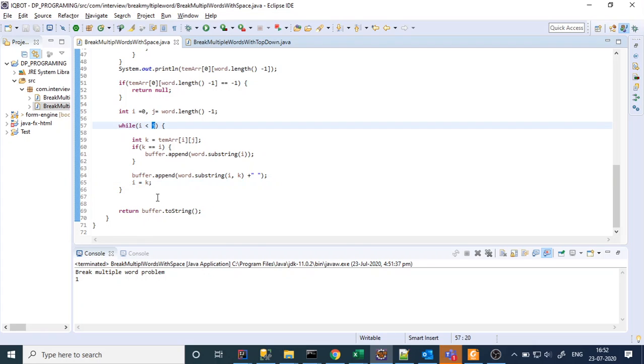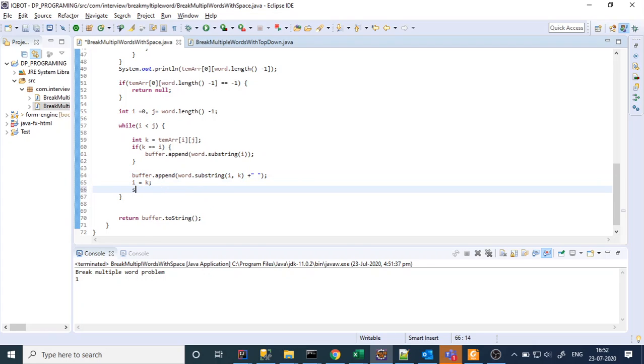However, k equal to, like, j plus 1, right?